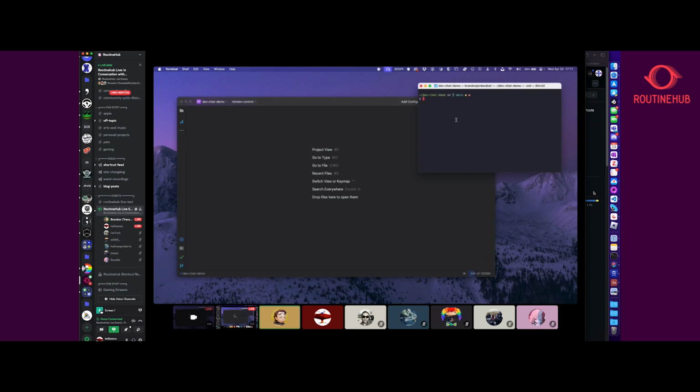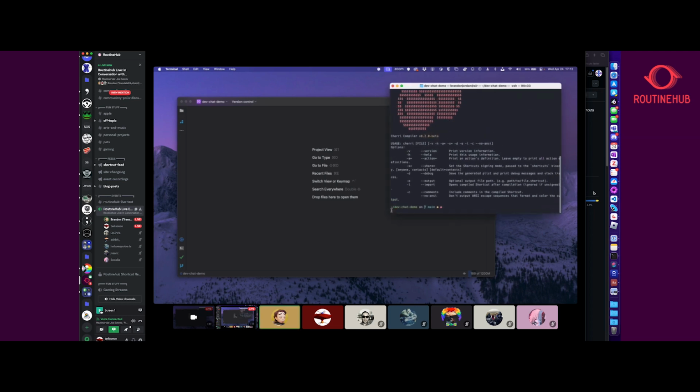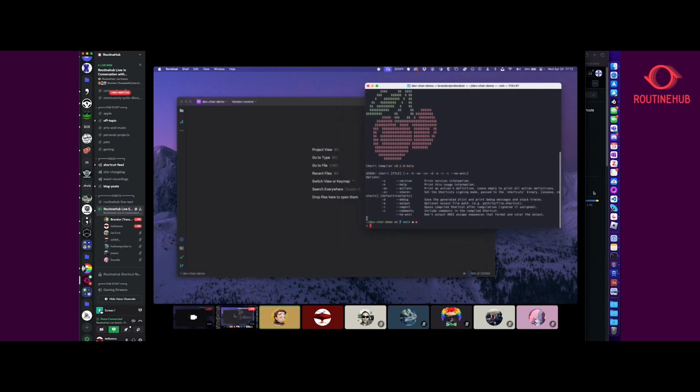Some of these other apps are Swift compilers within an app. Cherri is just the compiler, written in Go. It's meant for a CLI, kind of terminal experience. So if I hit Cherri, I get this screen here of what it is and what you could do with it. We input a file. We can do various things here. We won't worry about that too much right now. But this is primarily the way to interact with it,